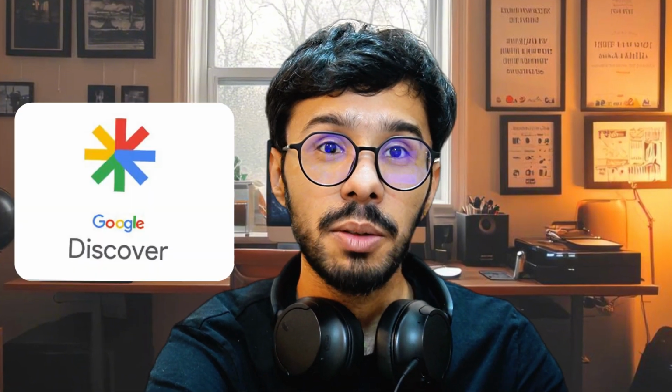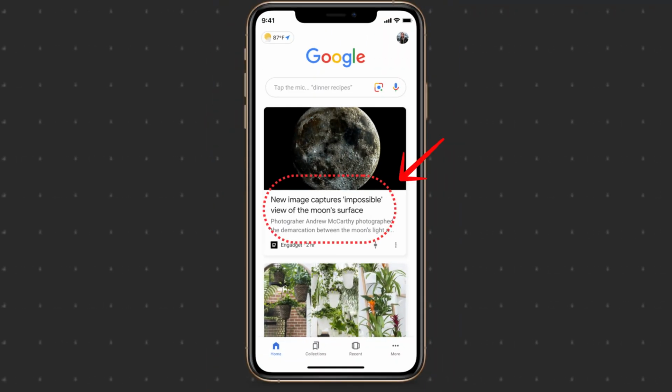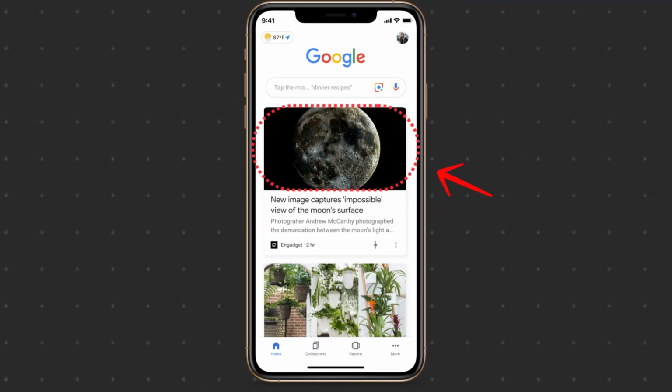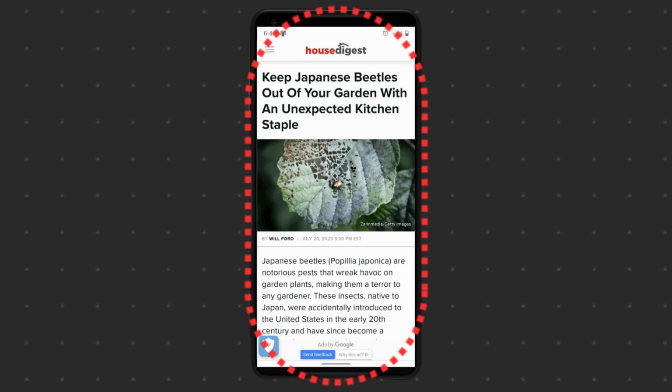Google Discover is not your growth hack. Think of it like PR. You earn it by being credible and engaging. Let's look at content pieces that had a chance of appearing in Discover. So here are the examples on your screen that get picked by Google Discover. You can see these are very good titles, featured images, and headings, and all the structure and everything is very solid in all these pages.